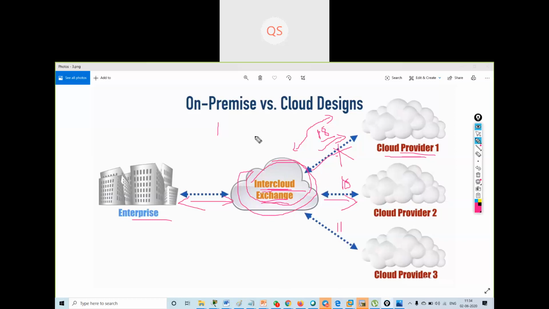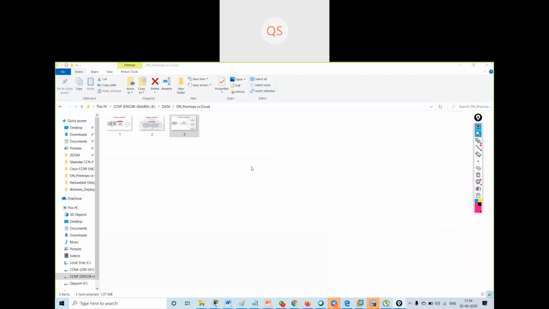Got it? So this is a small topic that is given in our syllabus, difference between on-premises and cloud design. Nowadays cloud designs are used more, because you have heard about AWS, Amazon Web Services. Amazon is also providing web servers that you can use. You don't have to build a physical rack in your data center.